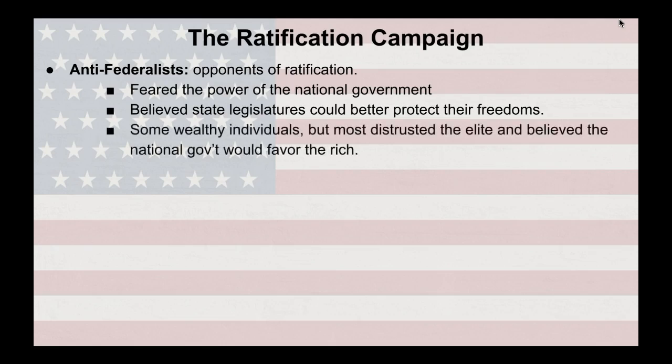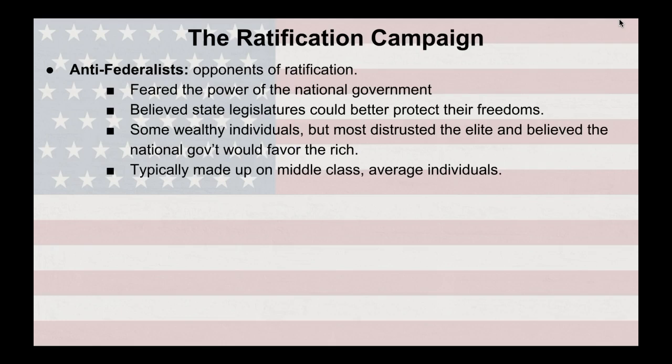Anti-Federalists tended to be some wealthy individuals, but mostly it was a group of people who distrusted the elite, and they believed that the national government would eventually favor the elite and would not favor the middle class, average, everyday individuals. And so you've got these two factions that emerge, and although we're not going to do it in here, it is fascinating to read the Federalist Papers, but it's also fascinating to read what has kind of become known as the Anti-Federalist Papers, because there's a lot of parallels in